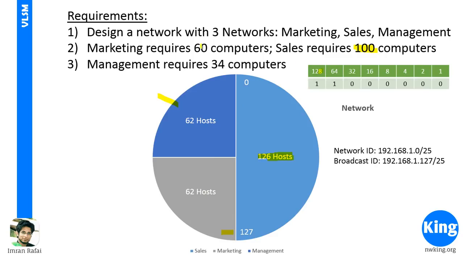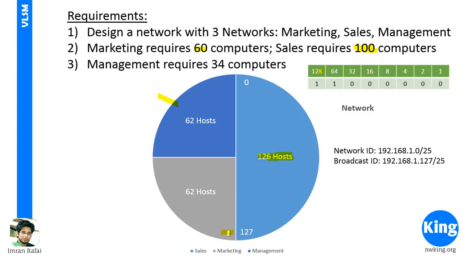Now, next highest is marketing department, which requires 60 computers. 60 computers, can we go to 3 bits? We can't, because it is 32. We need to stay at 2 bits. So when we borrow 2 bits, our block size is 64. So we start with an IP address